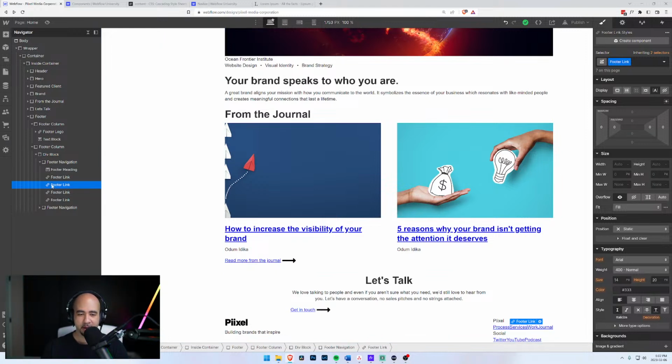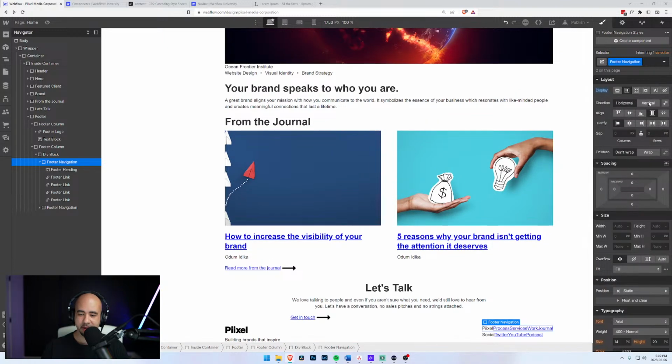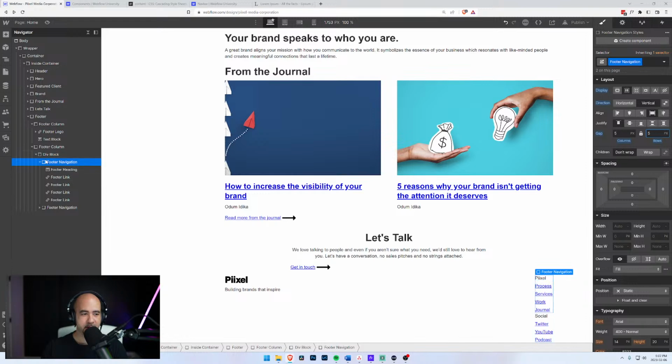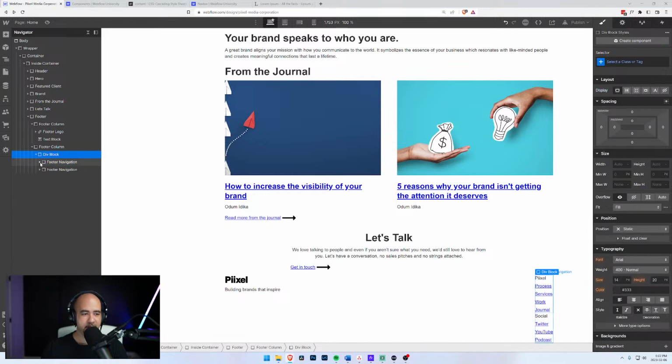Okay. Footer link. So this navigation, we are going to display this flex as well, but now we're going to go vertical. Do you want to give it a little bit of a gap? A little bit. And we're also going to need to